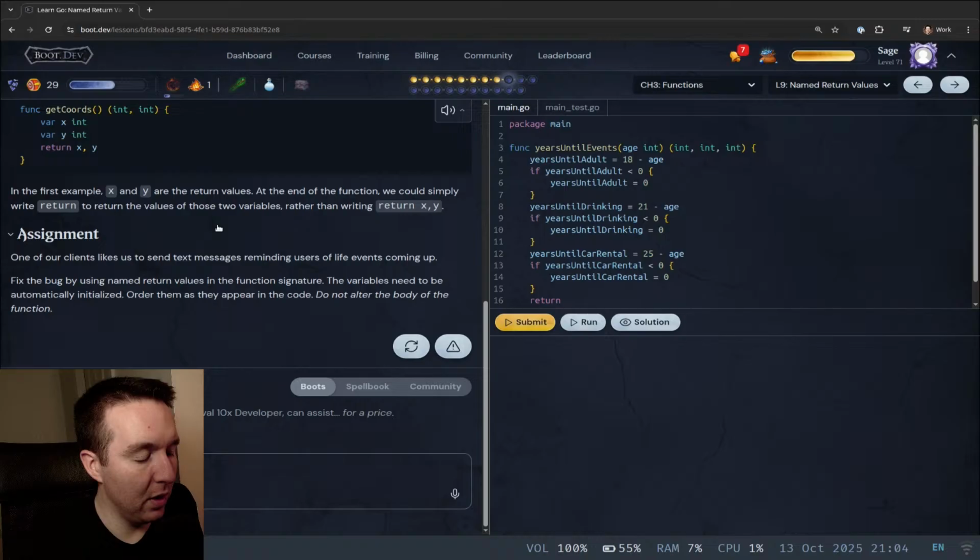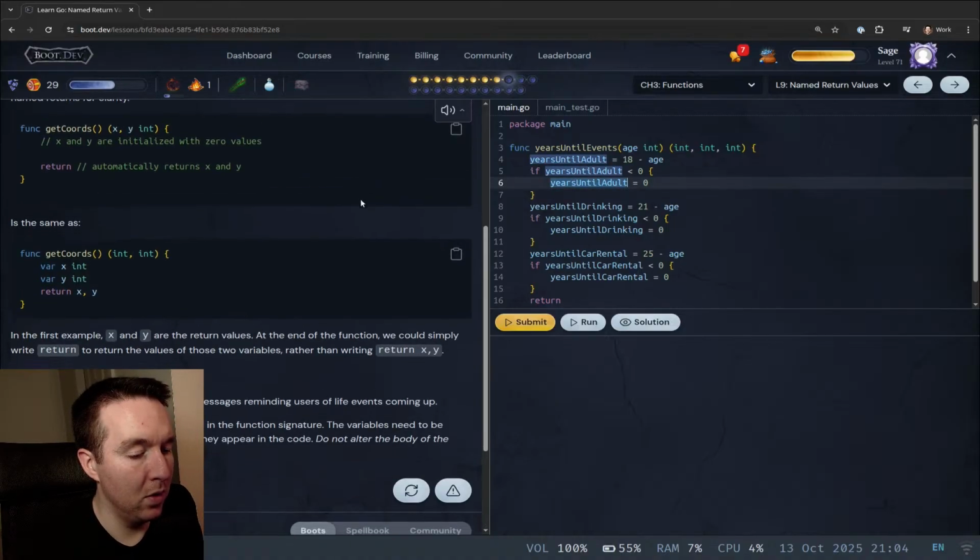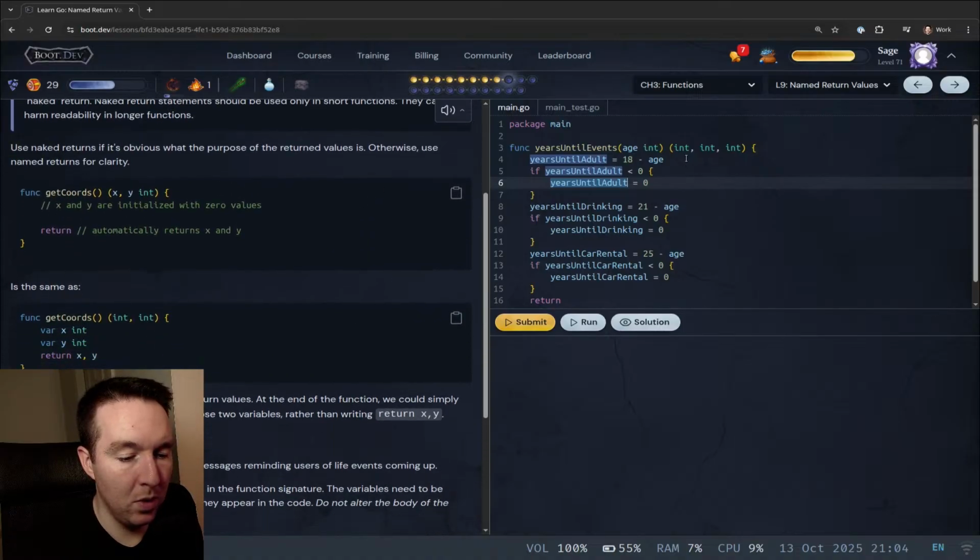Assignment. One of our clients likes us to send text messages reminding users of life events coming up. Fix the bug by using named returns in the function signature. The variables need to be automatically initialized. Order them as they appear in the code. Do not alter the body of the function. So I guess they're all going to be in, so you could do years until